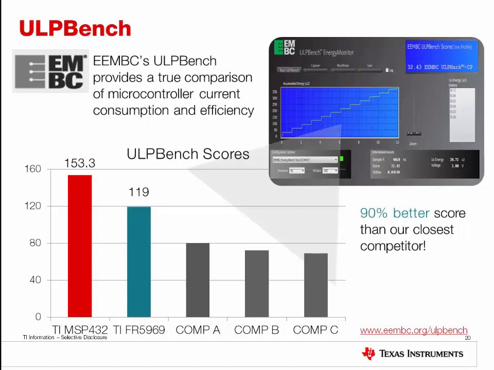As you can see, the result is actually quite impressive for MSP devices. From the graph, the MSP432 achieves the highest ULPBench score in the world today at 153.3. It is better than competition ranging from Cortex-M4, Cortex-M3, all the way down to Cortex-M0 Plus, as well as other proprietary architectures. This goes to show that performance does not always require more power, and when implemented correctly, a high-performance core such as the Cortex-M4F on MSP432 can still yield lower power than other simplified cores.